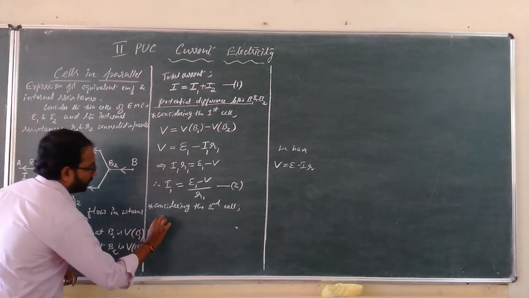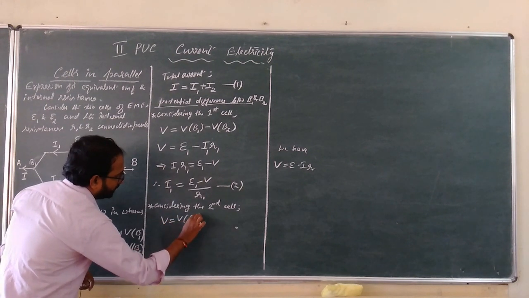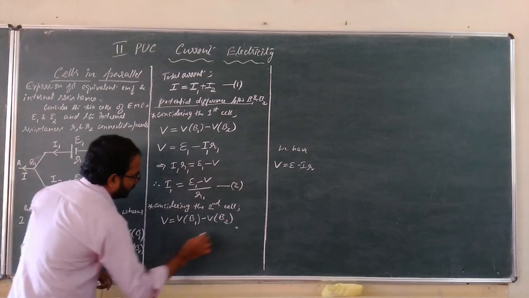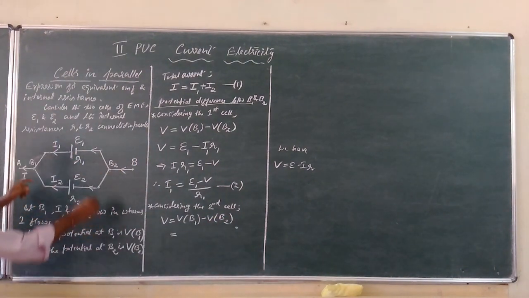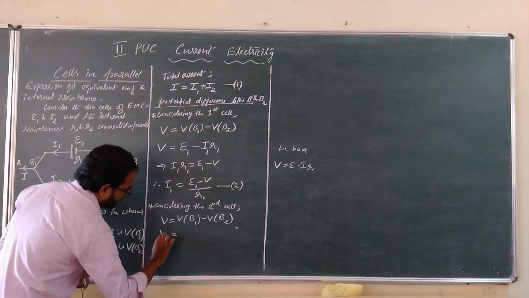So V is equal to VB1 minus VB2, which is equal to, considering the second cell, the current flowing from the cell is I2, the EMF of the second cell is E2, the internal resistance is R2. So in terms of E minus IR, V is equal to,